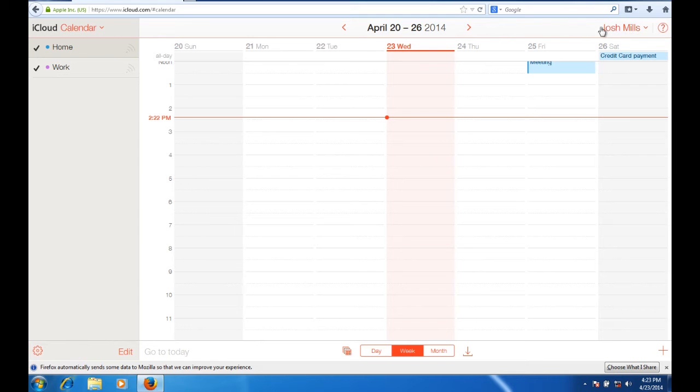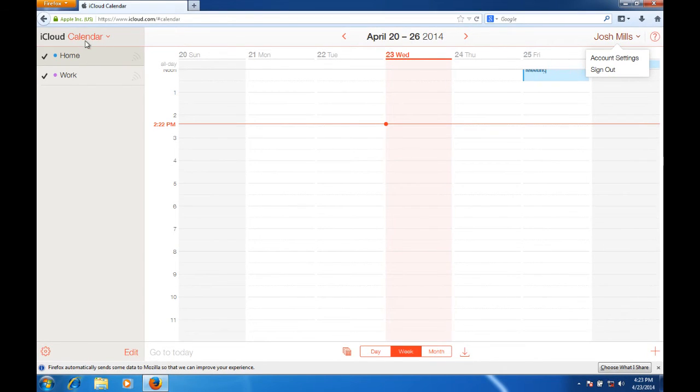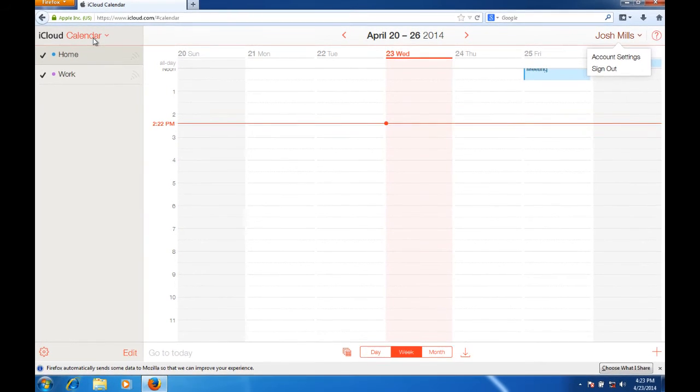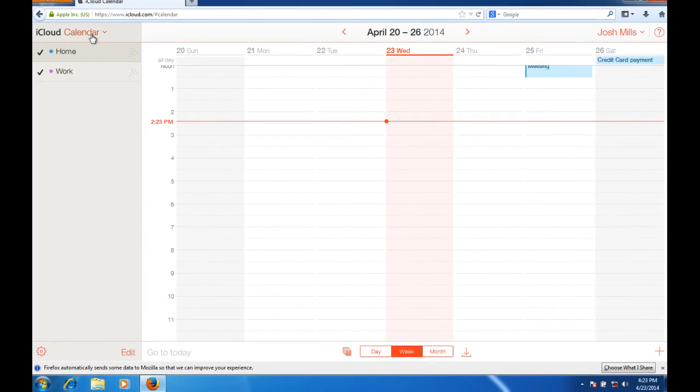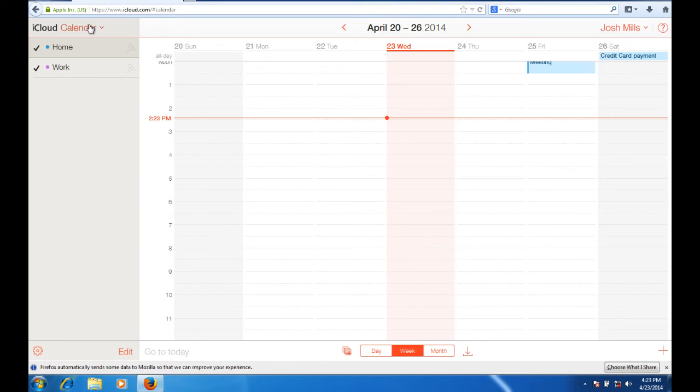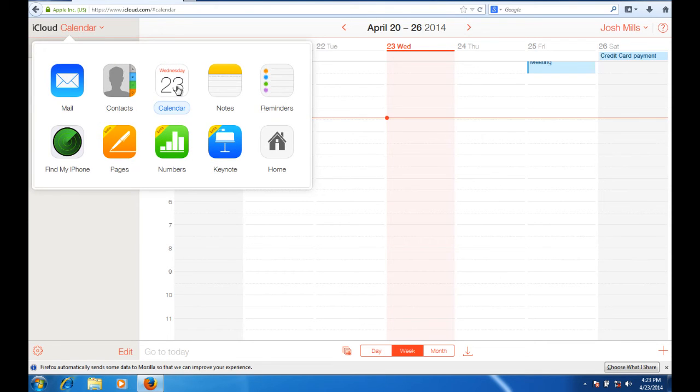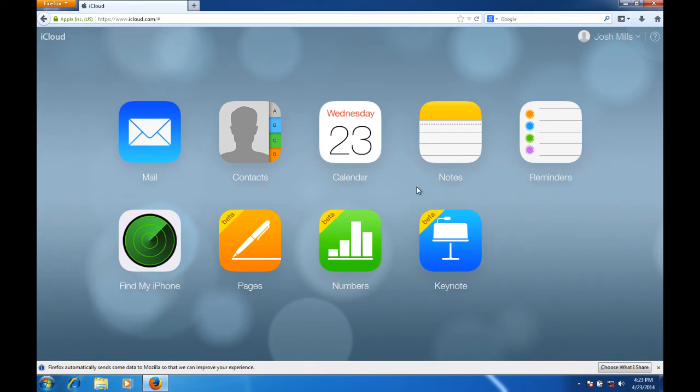So if I want to go back out of an app, I'm going to go over to my name. I'm going to come over here to where it says calendar, and I'm going to click on calendar. It should give me a little drop down menu of all the different places I can go. So I can go back to the home page. It's going to take me back to the home page, but let's look at